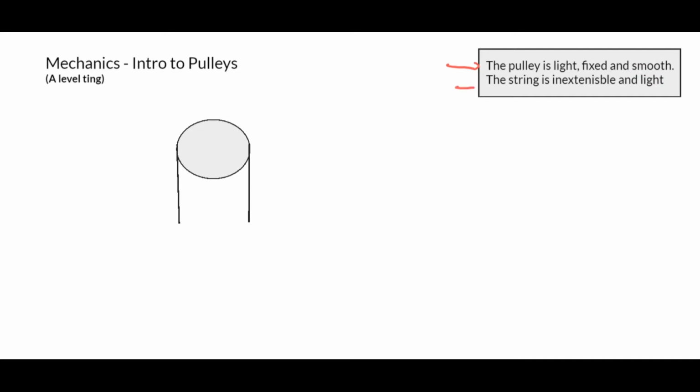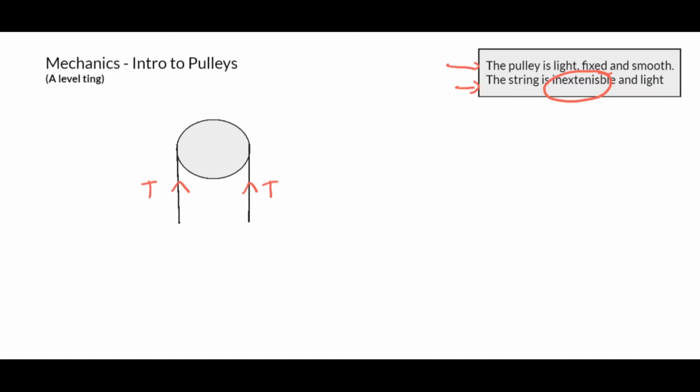Next thing here, it says the string is inextensible. Inextensible means the tension is equal within that string. For example, if these two strings are inextensible, what that means is, if there's tension going up here, there's also the same tension going up here. Don't worry if you're thinking this guy's talking nonsense. As we go on, you're going to understand. We're going to get into some questions and I'll make life a bit easy.